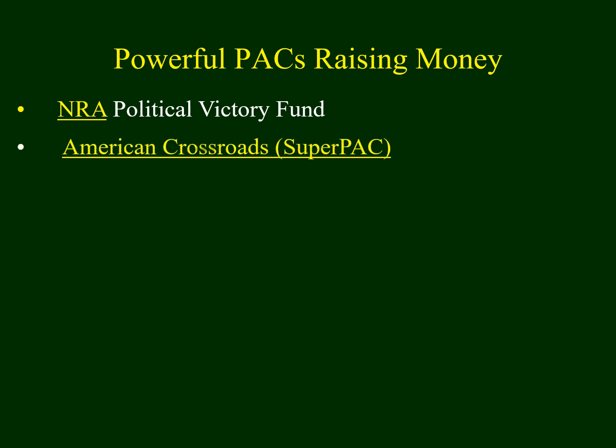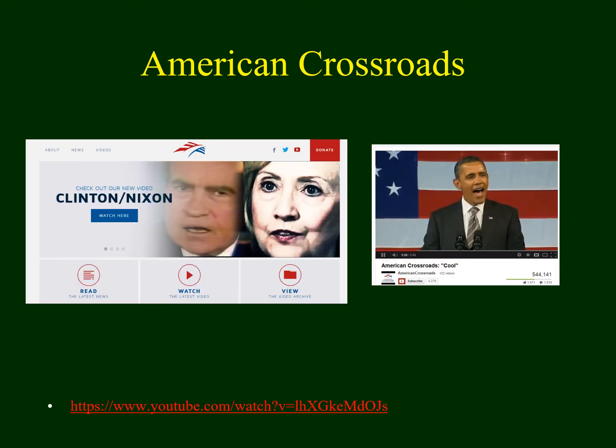Now, before I looked at several interest groups and ones that were effective. What I want to do now is look at powerful PACs that raise and spend money in Washington, D.C. on elections. One of the most powerful PACs would be the NRA. Again, they lobby the government as well, but they also raise and spend money and impact campaigns. Another organization you may or may not be familiar with is called American Crossroads. They support conservative Republican candidates. American Crossroads has really been a powerful organization for about the last 5 years or so.